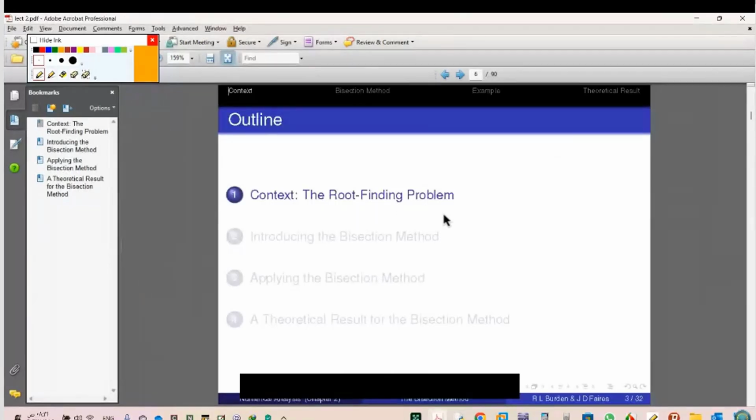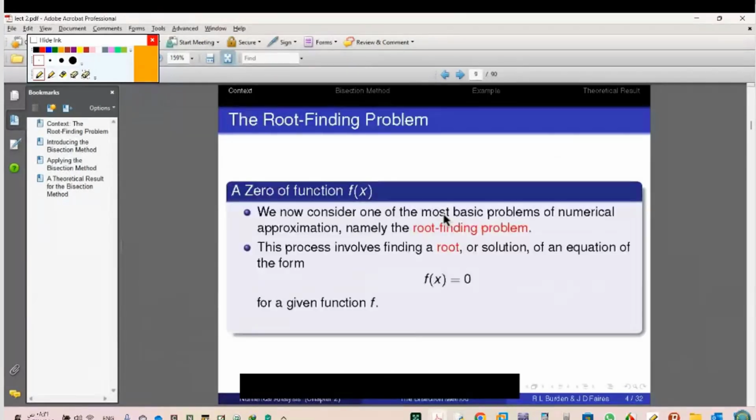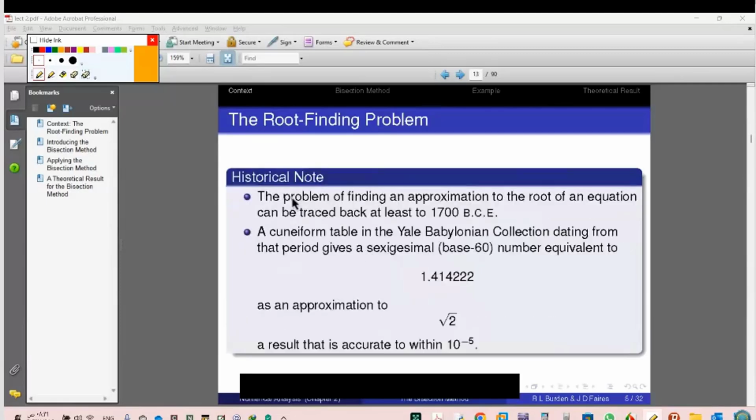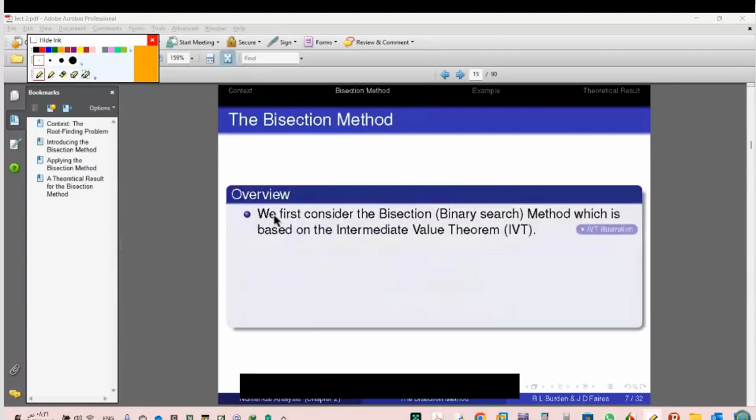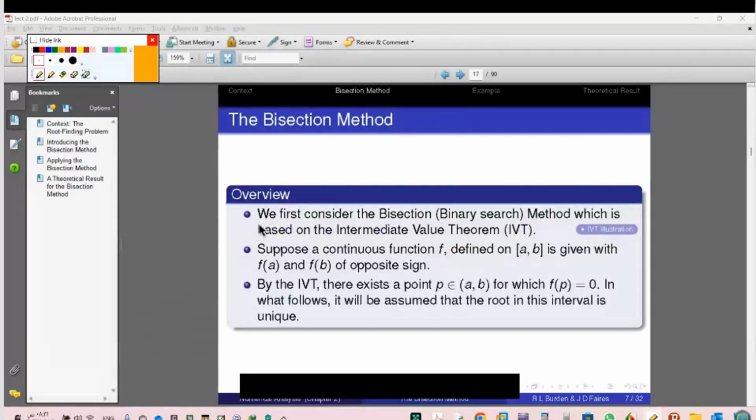Root finding problem, as I told you. So solving any system here, as I told you, means finding x for this one, or the root finding problem. Okay, let's start with the first condition, and this is very important. This is the historical note, forget it. Now let's start talking about